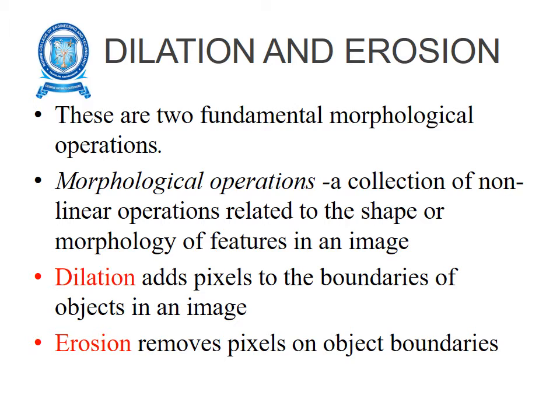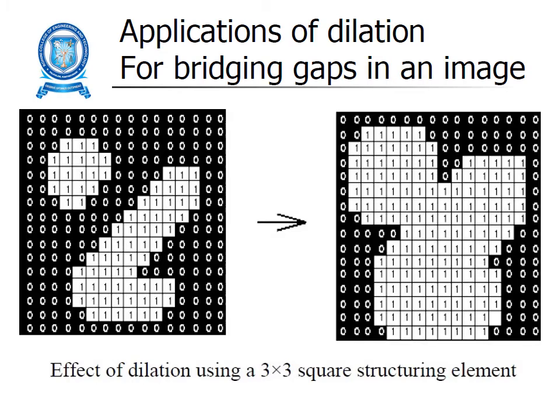Next is dilation. Dilation means we will be adding pixels to the boundary of an object in an image, and erosion means we will be removing the unwanted pixels. Dilation adds some extra pixels to create some development in that particular image. Development means, for example, creating a water basin, or a segment in between them. All those things come under dilation. If you see this example, you might get a clear idea of how dilation takes place.